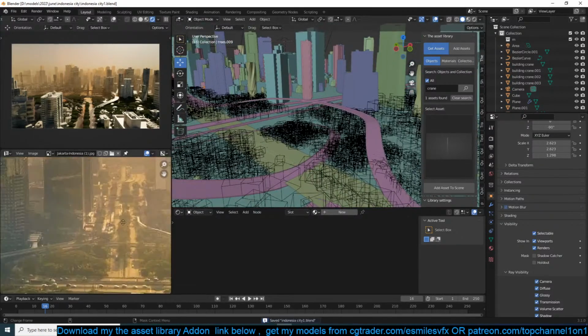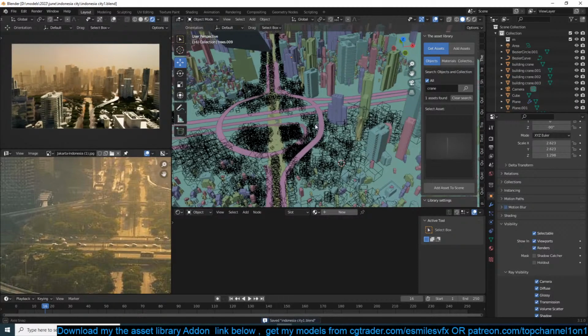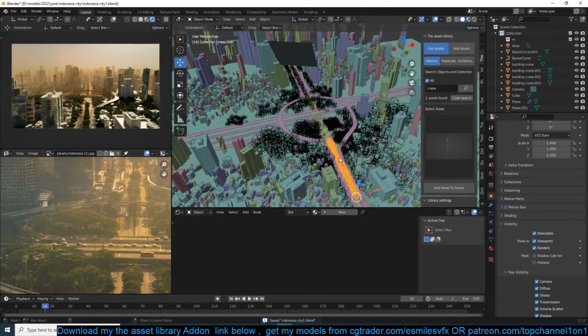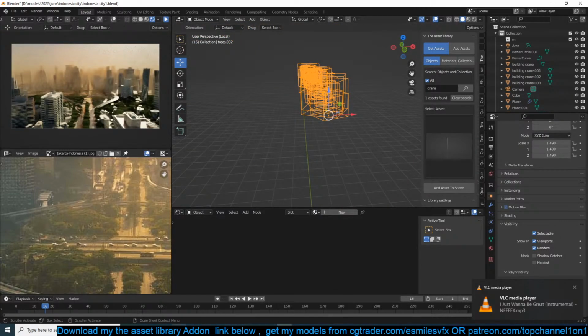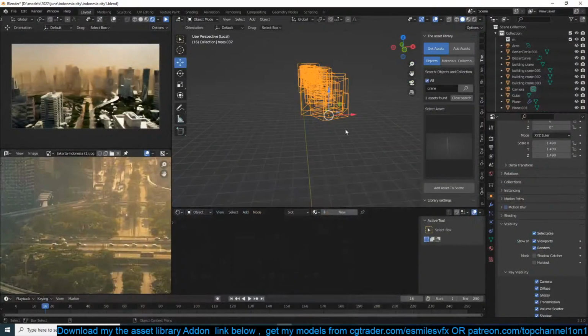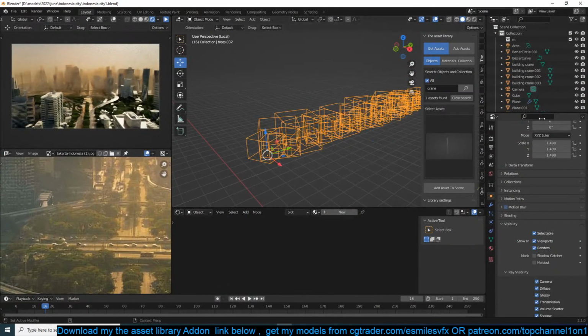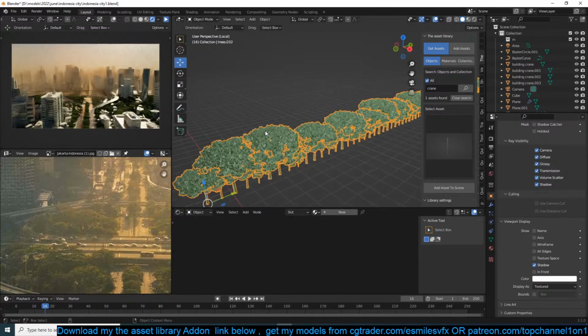Okay, so let's add some street cars. That should be very easy. We can just simply use this generator. The generator that we're using here is also in the quick generators add-on. Again, just go to the Gumroad page if you want to get it. This geometry node setup we're using to instance things is in that as well. So let's change this back to textured, but instead of trees,